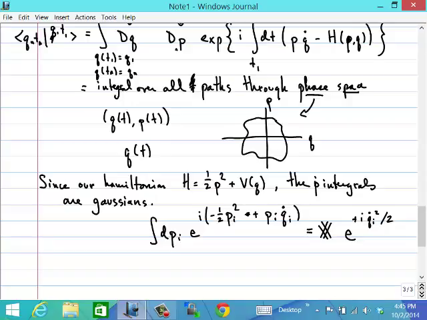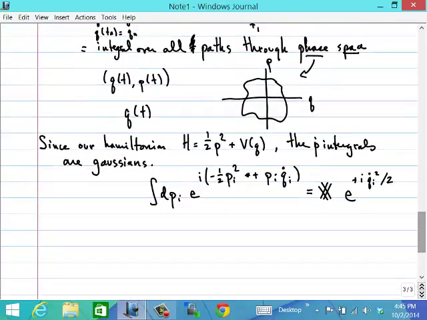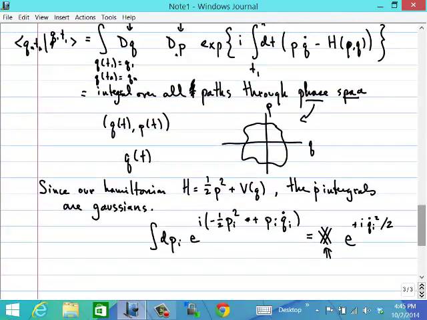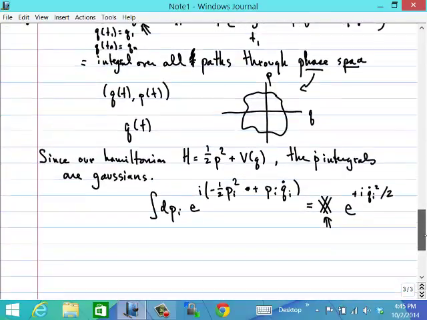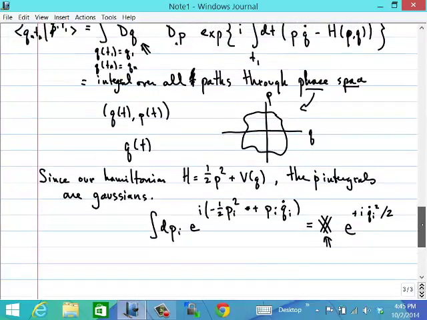If you don't remember all of these Gaussian integrals, don't worry. You'll have a chance to review them on your next problem set. And this number I'm not going to worry about very much, because I don't really know what this symbol dq means anyway. So any extra numbers that appear, I'm going to define to be part of dq. So that means